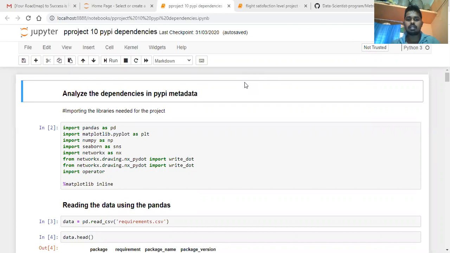Analyze the dependencies in PyPI metadata. We'll be getting metadata for each and every package in Python. There will be some dependencies. Each and every package which is available on Python will be depending upon another package of Python. So we'll be discussing the